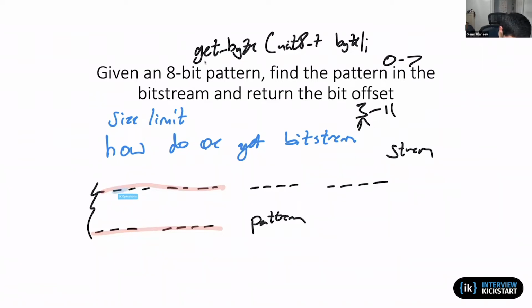Now I want to check these 8 bytes. I want to shift it over by 1. And how do I check these 8 bytes? This starting offset is no longer an aligned bit value. We're now starting at bit 1 as opposed to bit 0. So I can't just say, is this byte equal to that byte anymore? Because that no longer works. So what I need to do is shift.